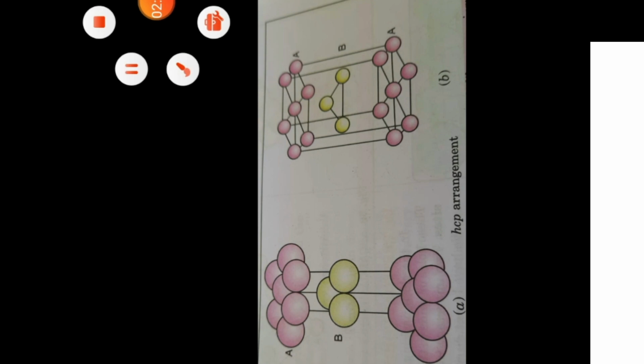Please see the 3D representation of this tetrahedral void. This is layer A, and this is layer B, this is layer A. You can see there now, A layer, B layer, after that again we are repeating the layer A. And why is it called hexagonal arrangement, HCP arrangement?